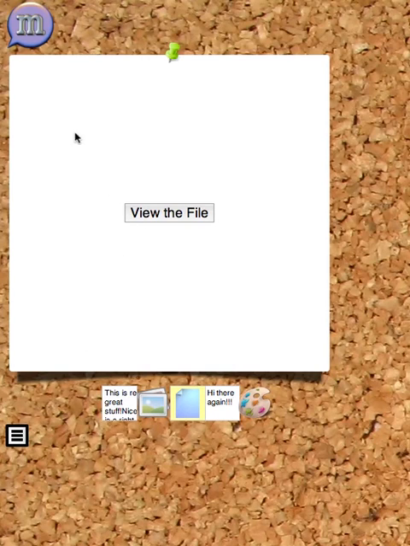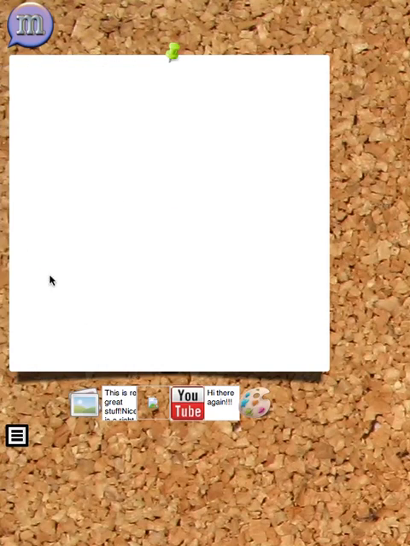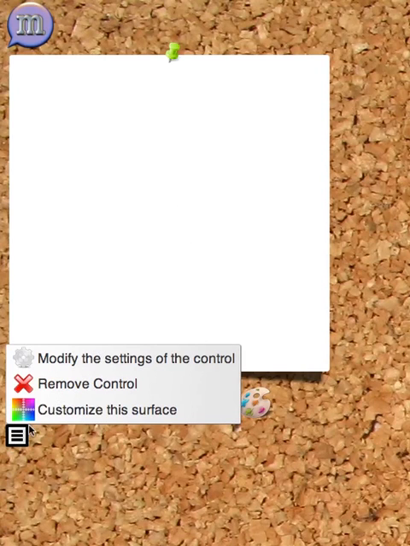Okay, so there's that. But let's create a new control. There's one that I've left out, the YouTube clip. So I'm going to go over, find myself a, okay, so I've gone over to YouTube and I have copied over a URL. So when you first click on it, you get this display. All you need to do is just click,